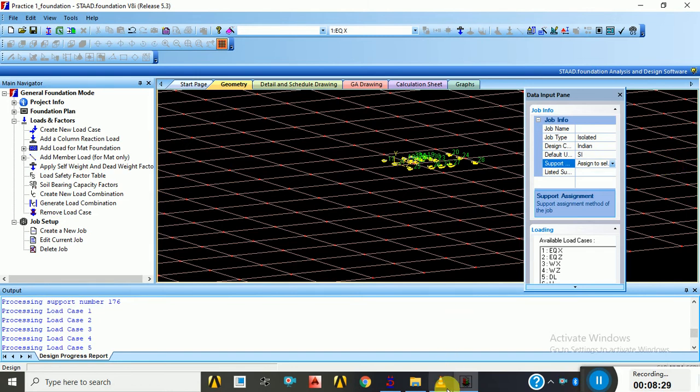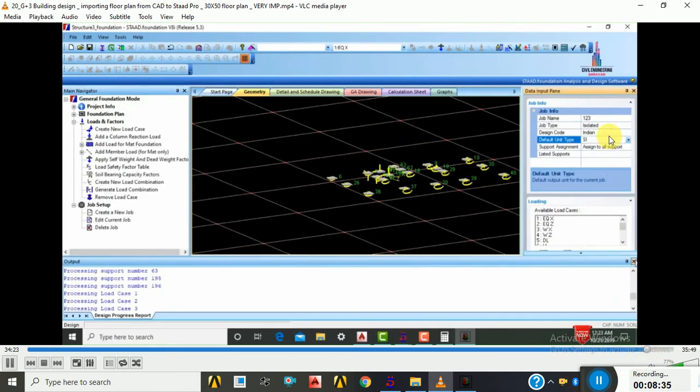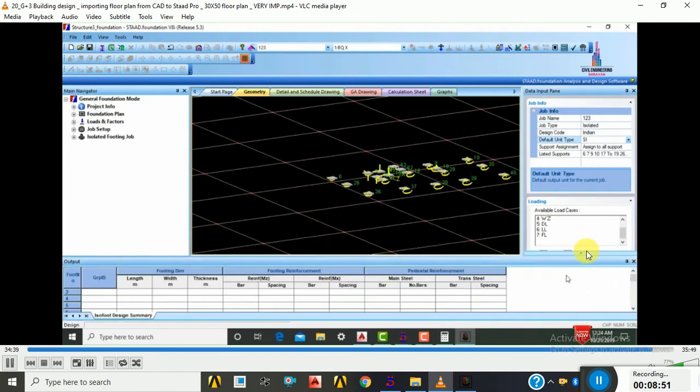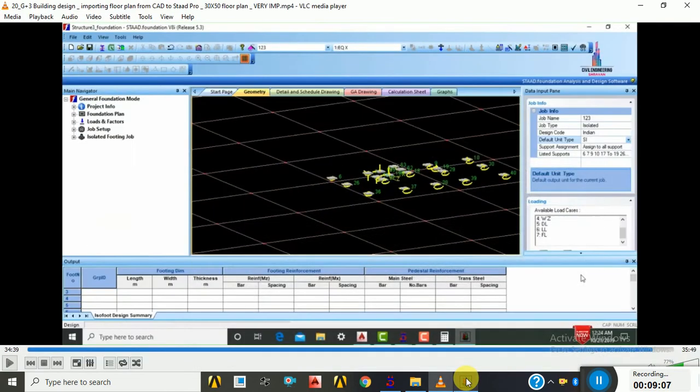So select this respective place mark. Click on design parameters, and units will be in SI assigned to all supports. So here I am selecting the load combinations. Just I am selecting 101, 102, 201, 202, 203, 204. So include this respective load cases. Click on create job. So it will design the respective isolated footing job here.